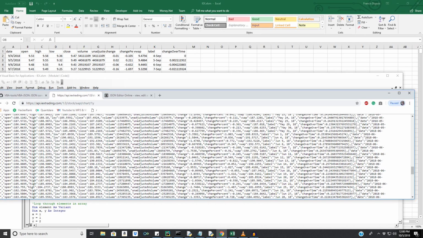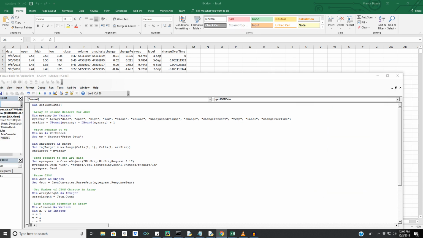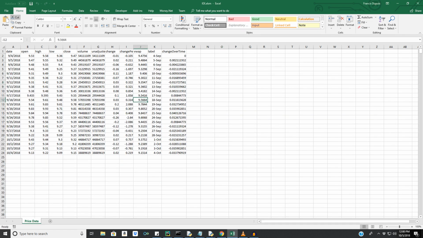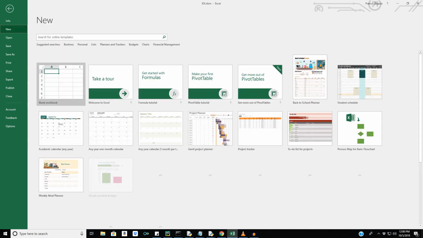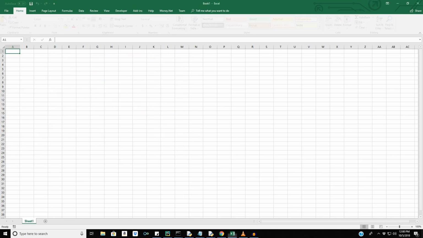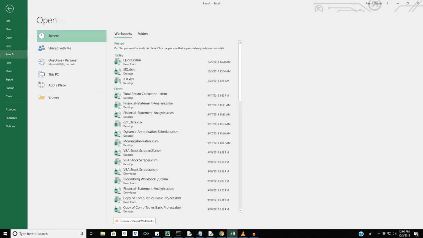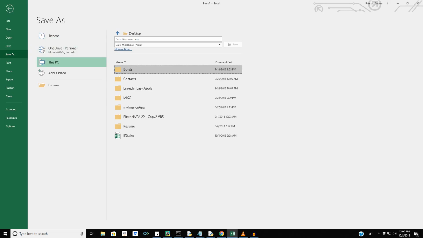So without further ado, I'm going to copy this URL to start and move this over here and get rid of this. We're going to make a brand new workbook, macro enabled. And as always, normally I implore people to use programming languages for this type of stuff. But if you don't want to do that and you want to stick to Excel, like a lot of people I work with, they don't want to move from Excel to a programming language, then that's quite all right too. But you do have to do a bit of programming in this to make this work. So I'll just label it IEXWB,